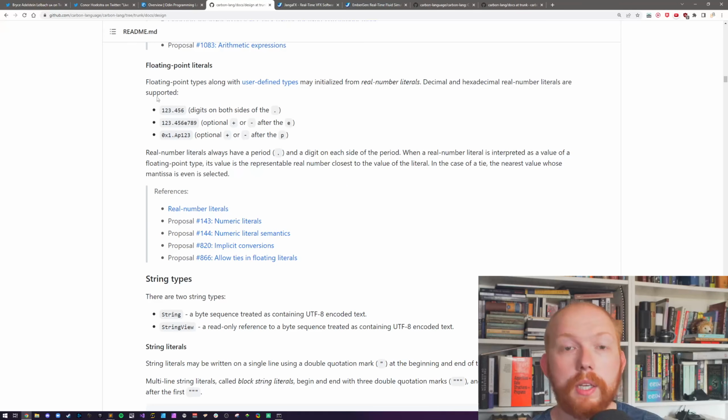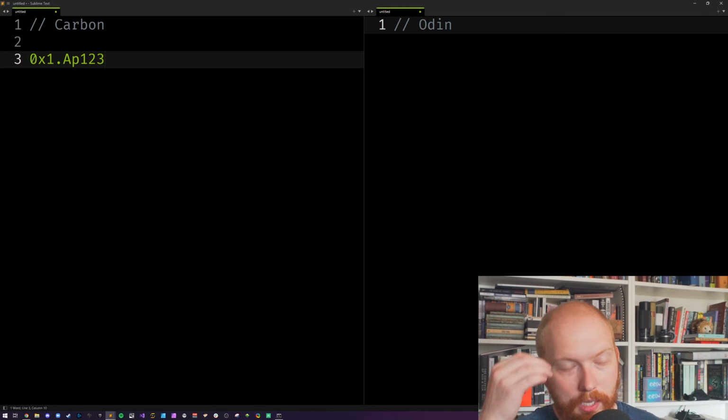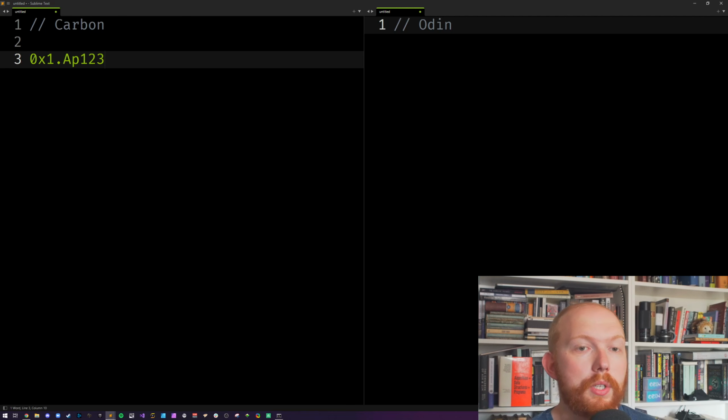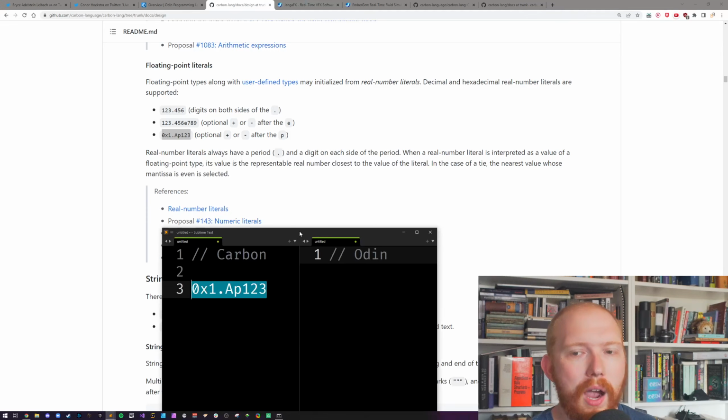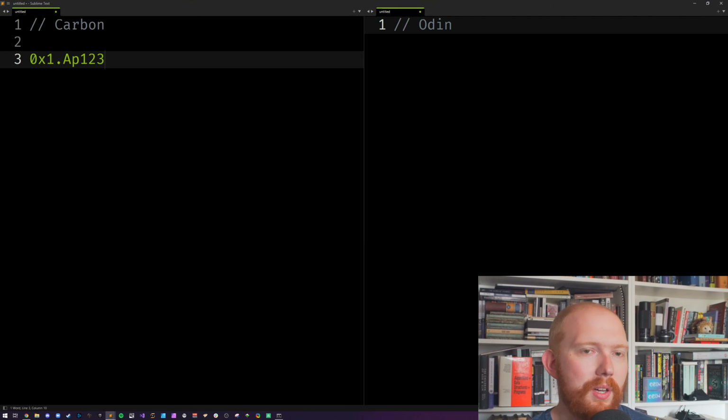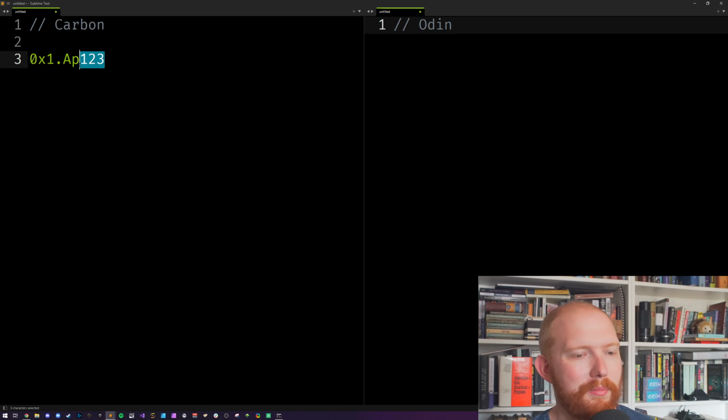But okay, whatever. Syntax literals, again, it's very basic things I'm just going over. They've got this, yep, that, and then this one. Now, interestingly, I'm just going to write it in here. So for Carbon, they're doing this, which is the C++ thing. And I've always found this syntax bizarre because it's mixing hexadecimal with decimal.